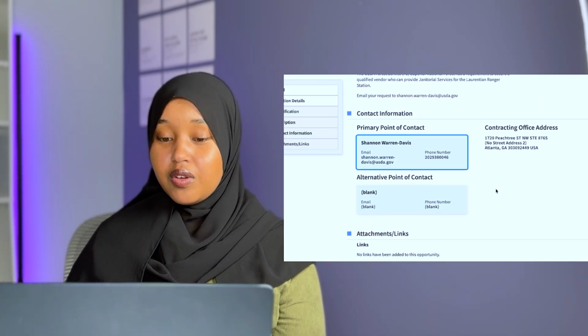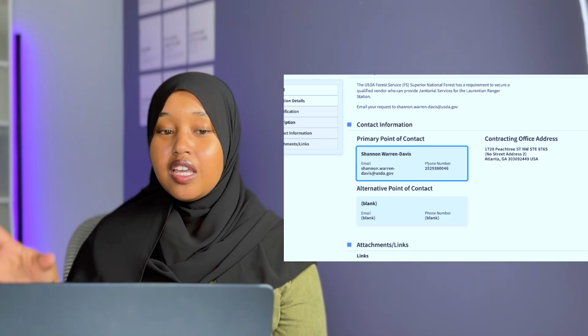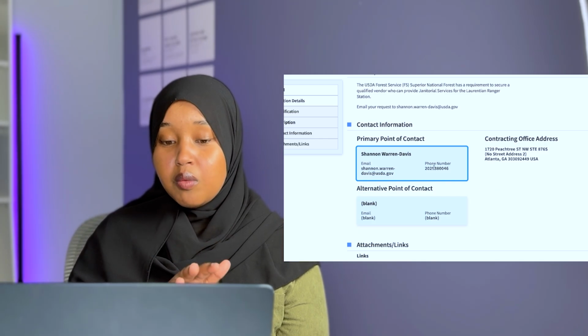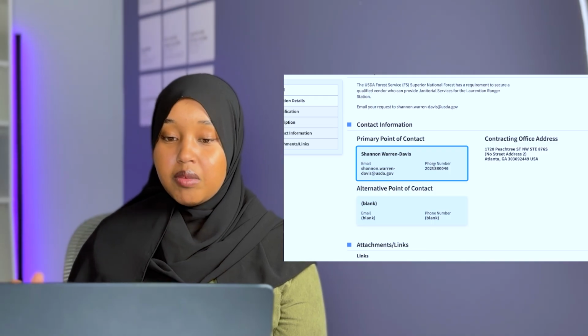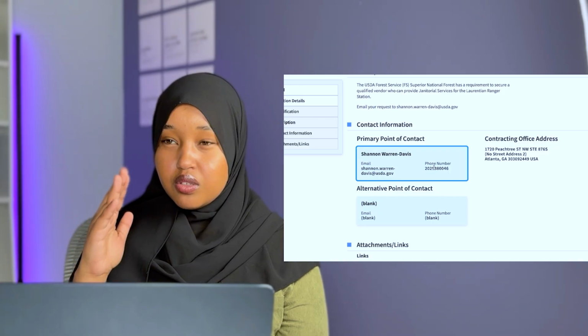Last but not least, a lot of people think that you will have to go use SAM.gov for you to submit the bid. But no, that's not the case. At the beginning, I said to be aware of this email and this phone number. You take the email here and the bid that you prepared, and you send it via email. Why is it important that you send it via email, not through SAM.gov? SAM.gov doesn't have the ability for you to send proposals on there or to send quotes on there. But you will have to send it via email, and you will have to make sure that you let the officer know UEI is on there and your cage number is on there.